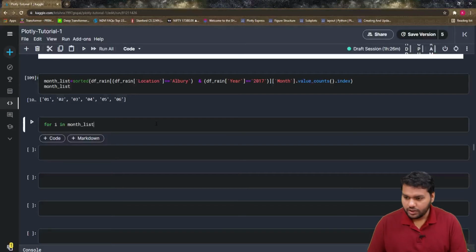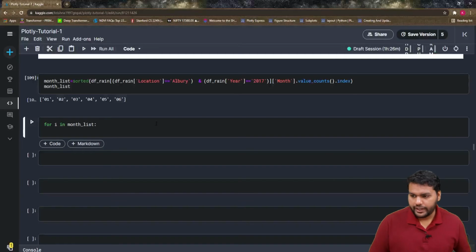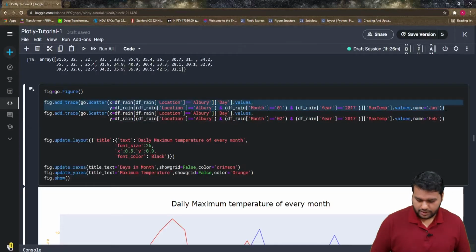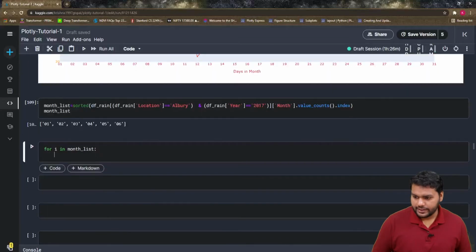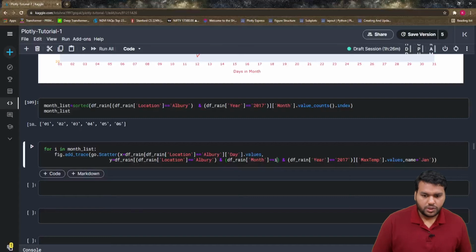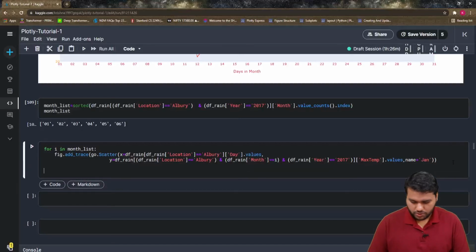Copy this add trace and pass the i here, and tf rain year 2017 maximum temperature. Before fig.show, you need to create one object again.